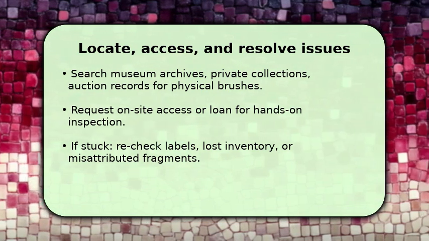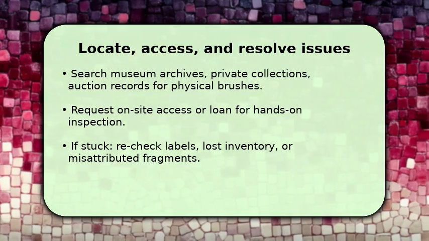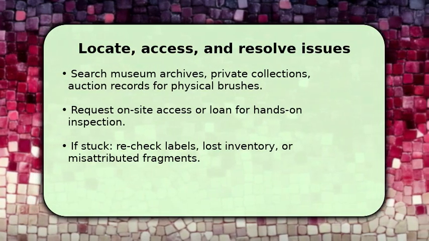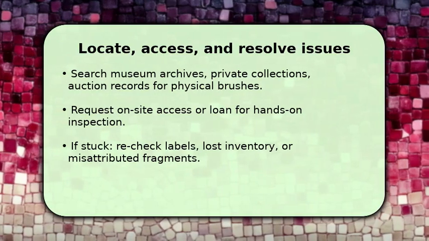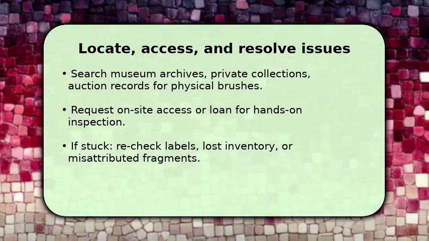If things go wrong, missing items or ambiguous labels, revisit conservation reports and contact prior conservators. Often misattributed fragments or mislabeled boxes hold the answer, so persist and